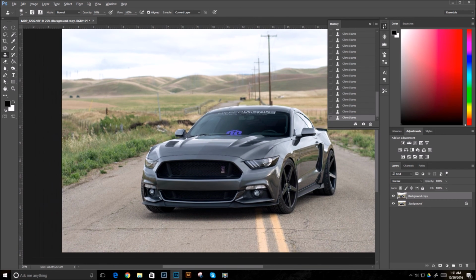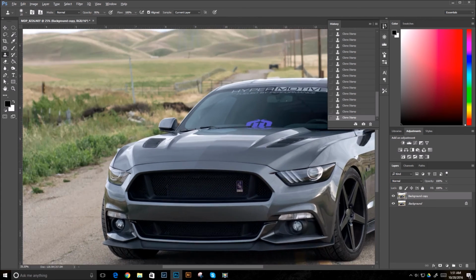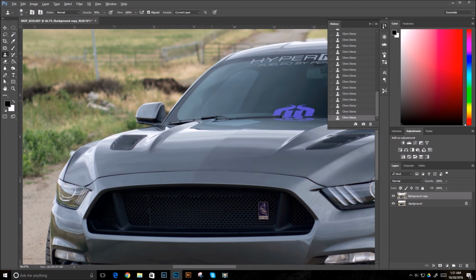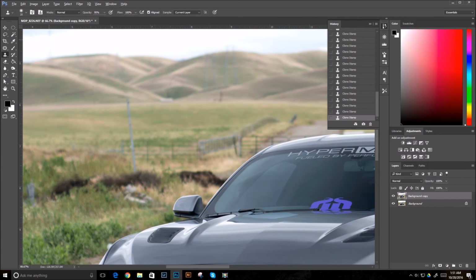Let's see here, and that's about it. I mean, those are actually the only tools I use. There's maybe some other tools that you can use. Sometimes, I don't know why I do this, but I'll maybe select this area right here, right? And I'll do the clone,